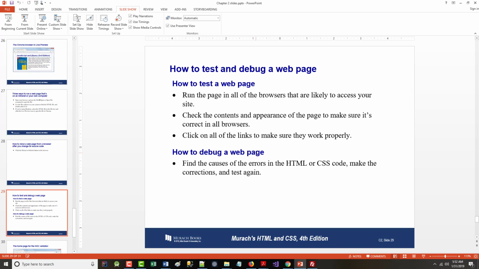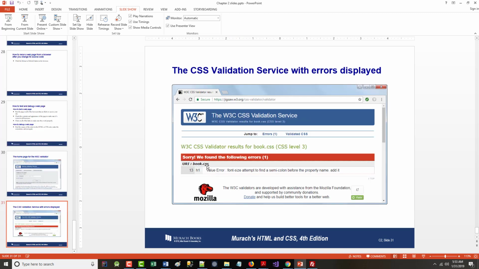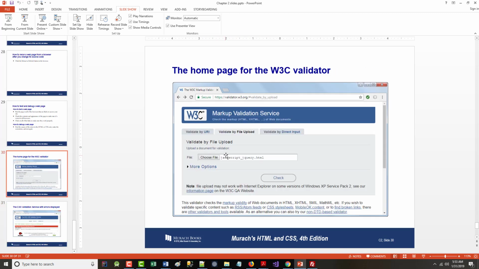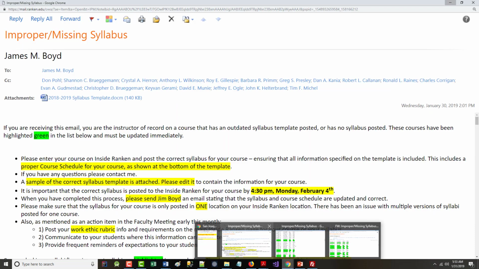Testing and debugging is basically what I've been showing you for this entire thing. Let's go and validate both of these pages. All right, we're going to validate first the HTML page and then the CSS page. There are different validators you can use, but the one I'm going to use is I'm going to come in here